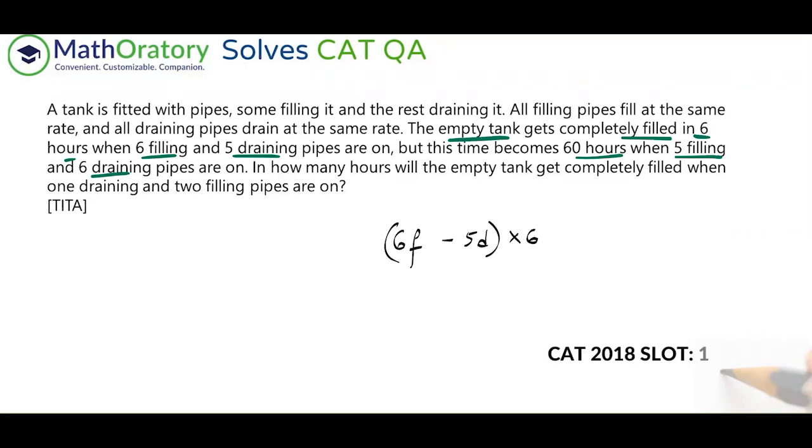So 6F minus 5D is the efficiency contributed, or the total amount of water pumped in effectively in each hour. So this completes in 6 hours. So obviously this should be the total work, right? The total work should also be (5F minus 6D) into 60. Right. This should also be the total work. So because both are total work, and they're doing it in 60 hours, by the way, because both are equal work, you can equate this, right? So as soon as you equate this, you can find that this goes off with 10.